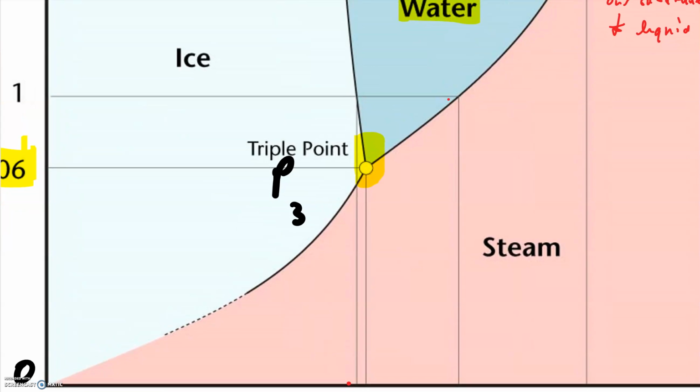So looking at this for water, if we start at 0.06 atmospheres and 0 Kelvin in the ice phase, and continue at 0.06 atmospheres and increase our temperature gradually, at 0 degrees Celsius we're still in the ice phase, but because our pressure is so low,